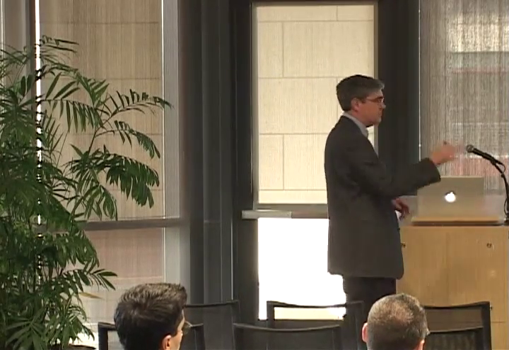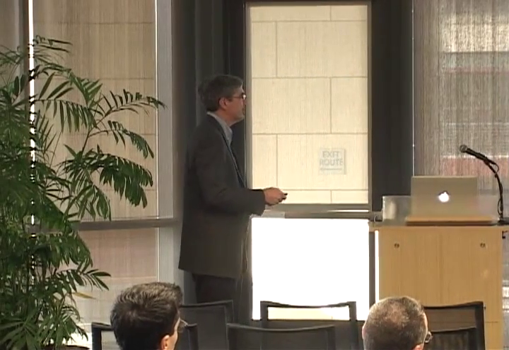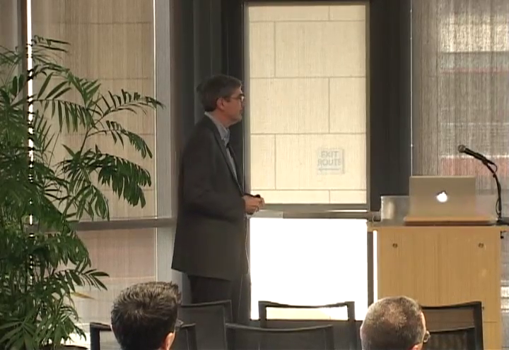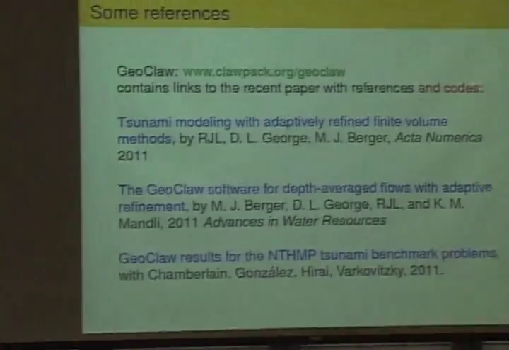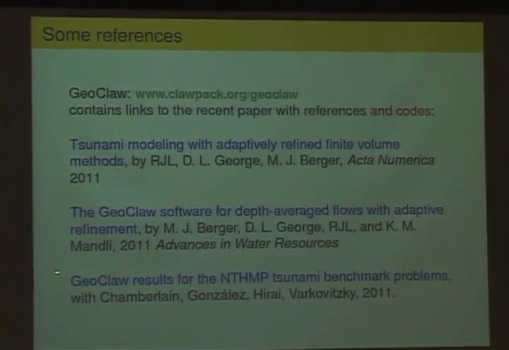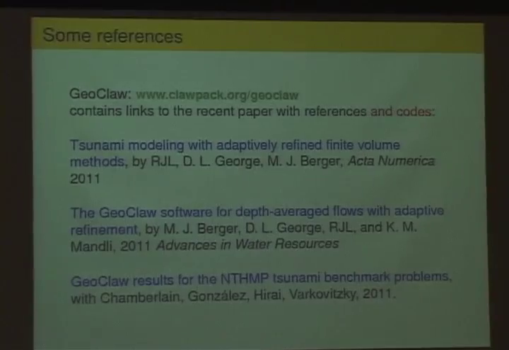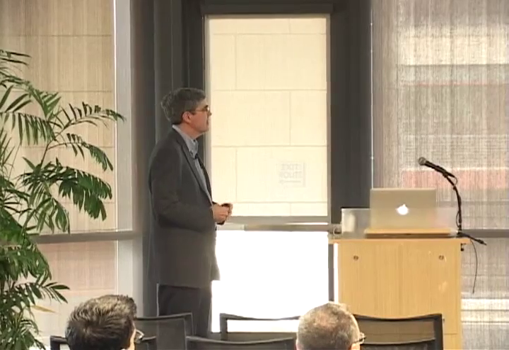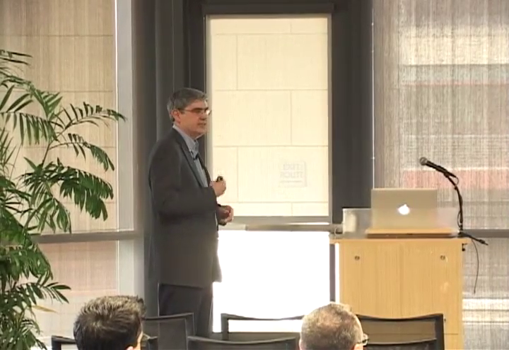So if you're interested in reading more about some of the things we've been doing, we had a paper in Acta Numerica, sort of a review paper of some of the tsunami modeling capabilities of GeoClaw and how the adaptive mesh refinement works. Another paper is more on the software side of it, with some more validation studies. And then all of these National Tsunami Hazard Mitigation Program tsunami benchmark problems were written up for many different models, not just ours, in a report that was published a couple of years ago. And you can find all of these on our website. And in many cases, the code that goes along with the papers should be there too, and hopefully still runs.